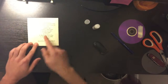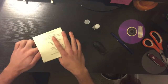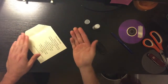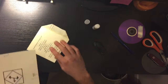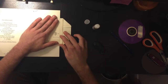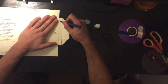You could do that if you really are just lazy and don't want to make the back slit, or you know, if you're like me and have to make a bunch of CDs in the heat of the moment. So anyway, what we're going to end up doing now is we're going to put a slit on the back of the CD case, and this is going to be pretty easy. I don't have a ruler, so I just used another piece of paper, and you're going to go about 1/2 inch from the back of the